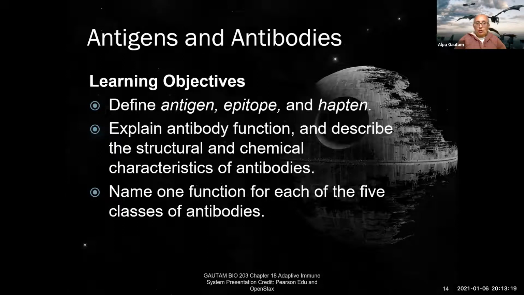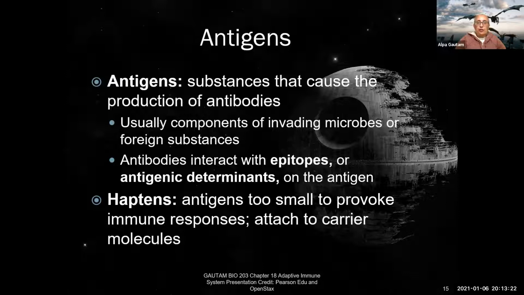So let's go through antigens and antibodies. Again, an antigen is something that stimulates the immune system, but more specifically, an antigen is something that causes the production of antibodies. Antibodies are made by B cells. When a B cell comes across its specific pathogen, it will go through co-stimulation with the T helper cell and produce antibodies. The antibodies then will be free floating, and when they come across the same pathogen or piece of that pathogen sticking out from the pathogen,